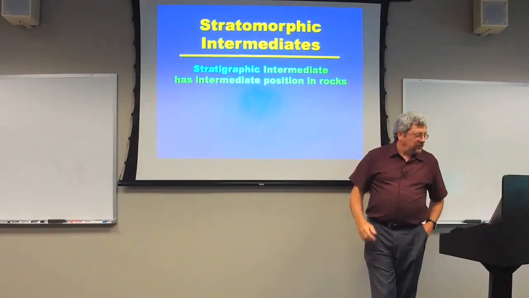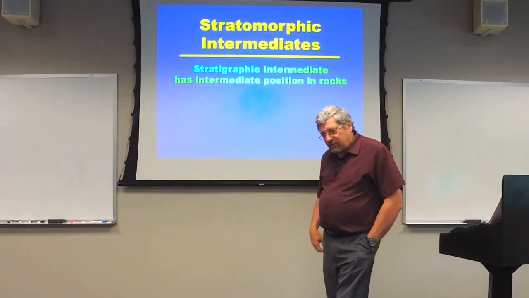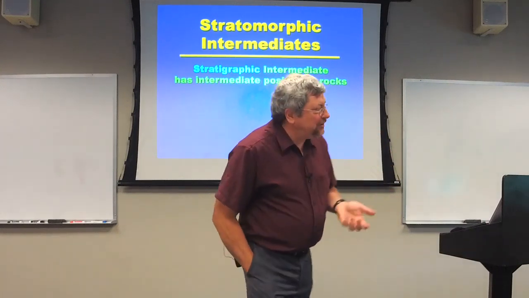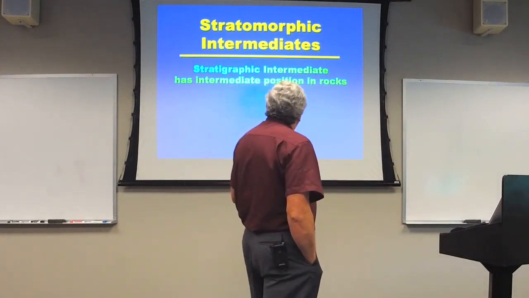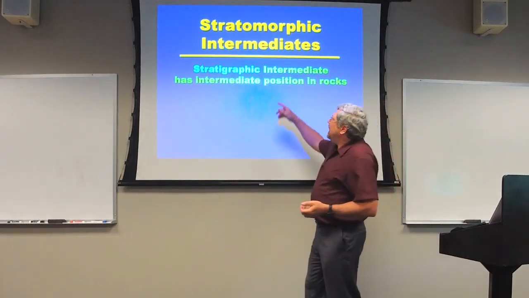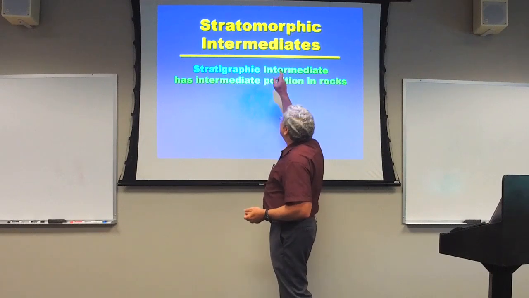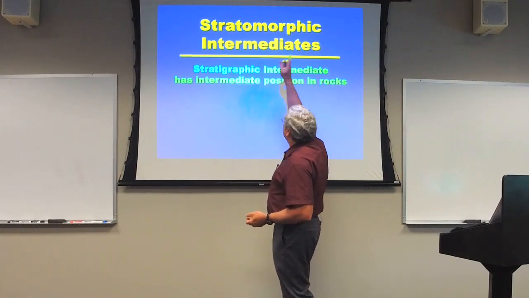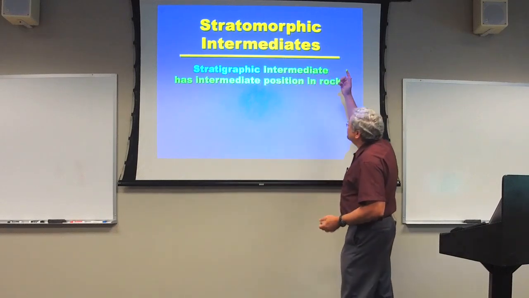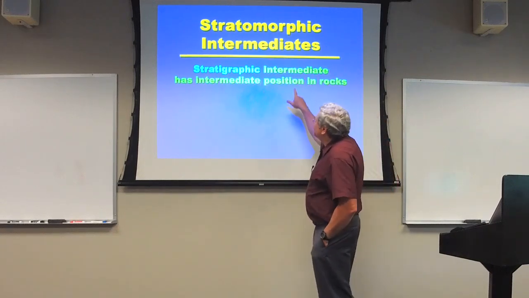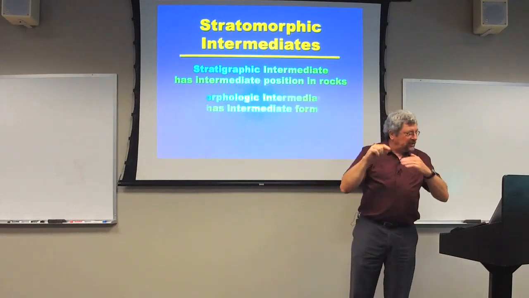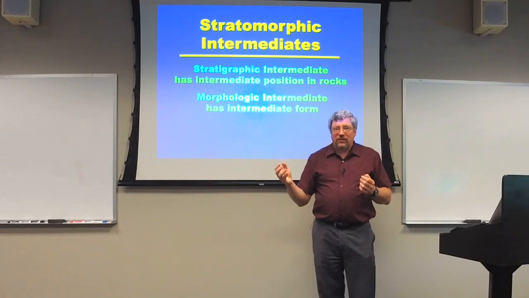and is extraordinarily challenging for the conventional model. Another issue is the issue of stratomorphic intermediates, which is somewhat related to the last one, and a little more specific. A stratomorphic intermediate is a stratigraphic intermediate and a morphological intermediate. Strato from strata, morpho from morphology. It is an intermediate that is both in an intermediate position in the strata and an intermediate position in morphology.